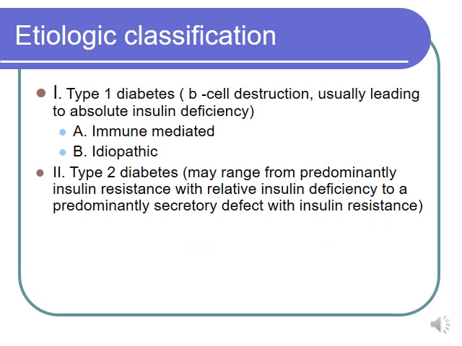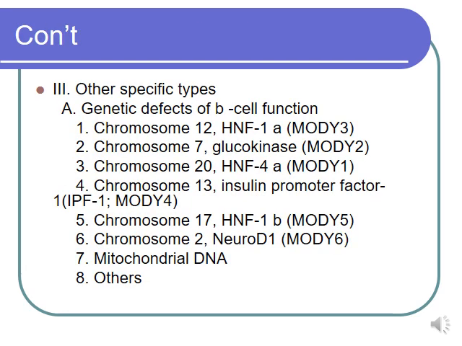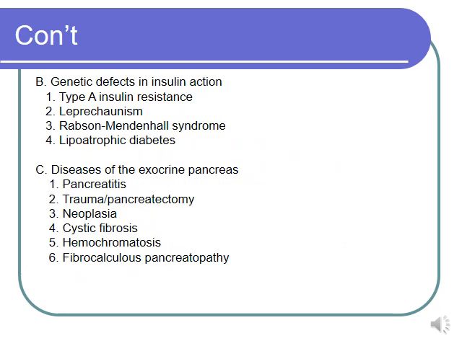Coming to etiologic classifications, commonly type 1 diabetes is due to beta cell destruction, leading to absolute insulin deficiency, which could be either immune mediated or idiopathic. Type 2 may range from predominantly insulin resistance with relative insulin deficiency to predominantly a secretory defect with insulin resistance. Coming to other less common types, we have genetic defects of beta cell dysfunction, commonly called maturity onset diabetes of the young. We have different types. Coming to genetic defects in insulin action: type A insulin resistance, leprechaunism, Rabson-Mendenhall syndrome,